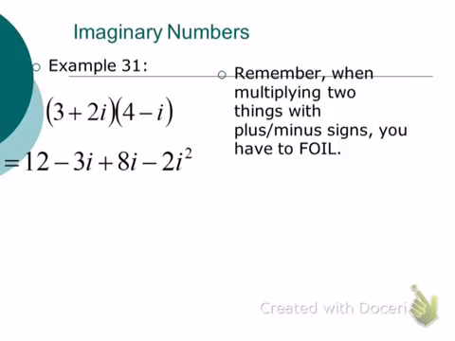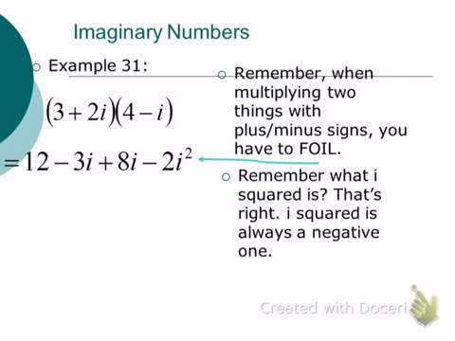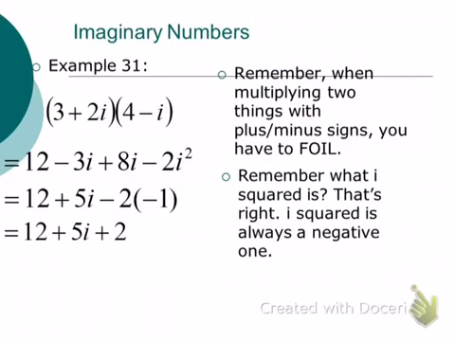And y'all remember doing this very vividly, I think. Now what do we do with the i squared? You make it a -1, which is going to turn that negative 2i squared into positive 2. And when it turns into positive 2, we can combine it with 12. And that's going to be 14 plus 5i. That is the way we want our answers to look, because that is standard form for a complex number.